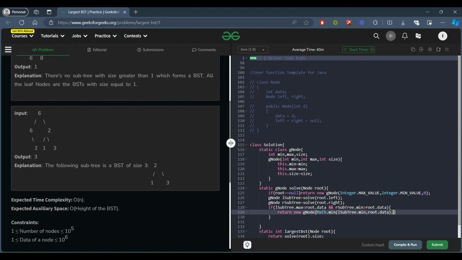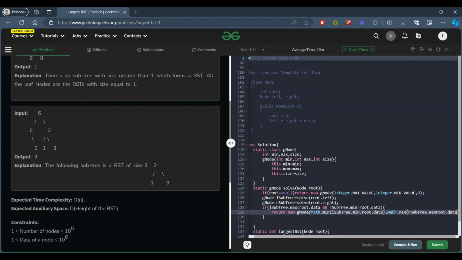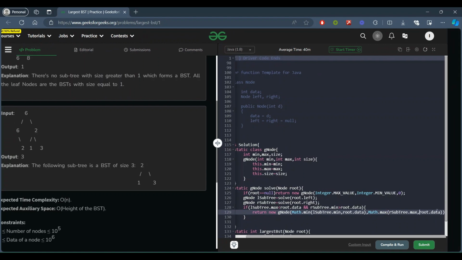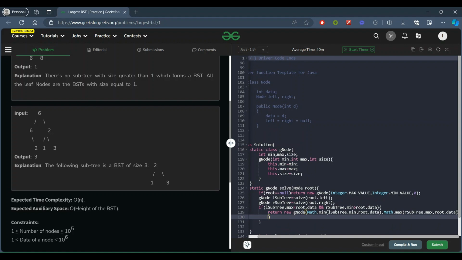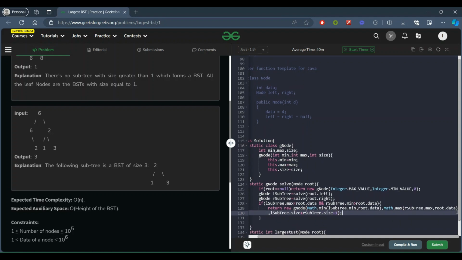And similarly here we will take math dot max of R subtree dot max, comma, root dot data, and then here we will pass one more parameter, and that is the size. So L subtree dot size plus R subtree dot size and plus 1 for the current node, right?